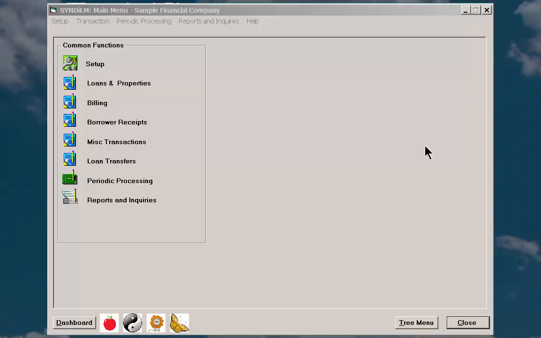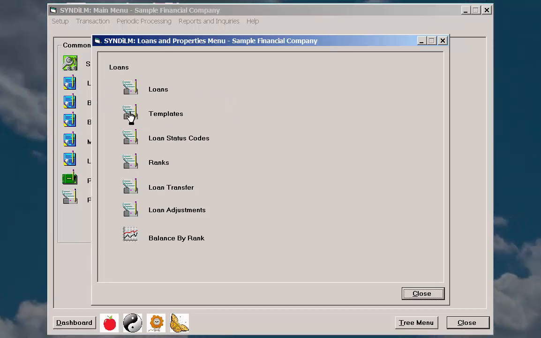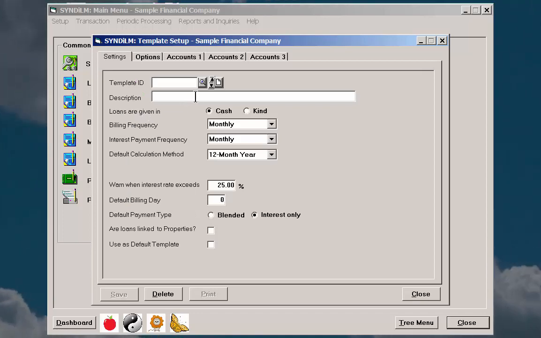The template determines how the loan will behave. Let's take a look at how we can set up the template. So we come to the loans and properties menus and we choose template. Now if you take a look at it, we have got one template there which is basically all loans, and